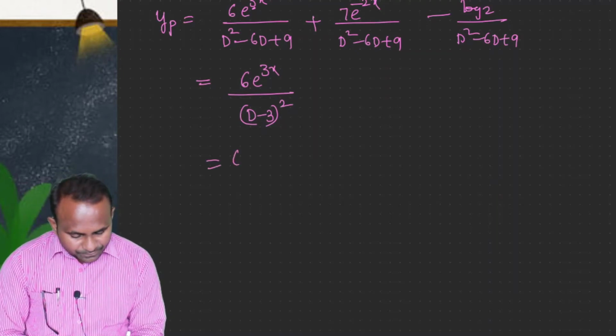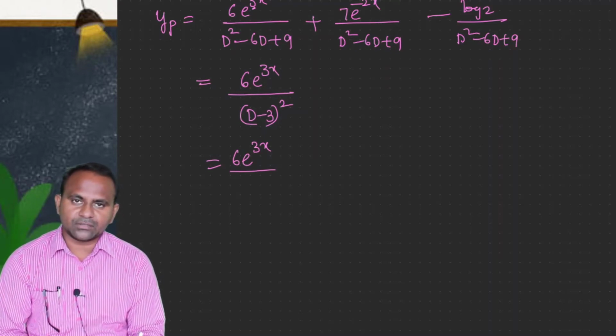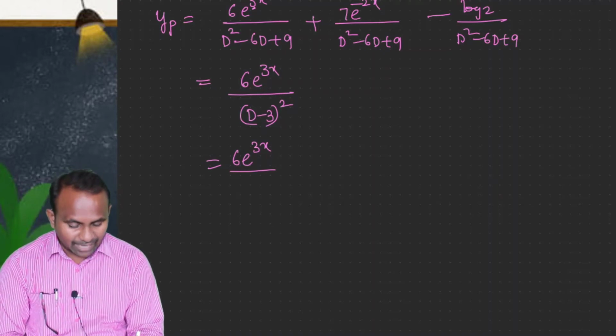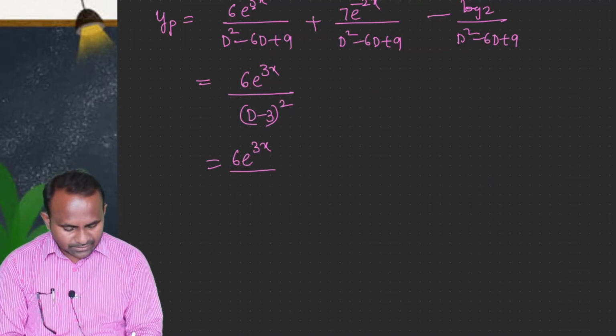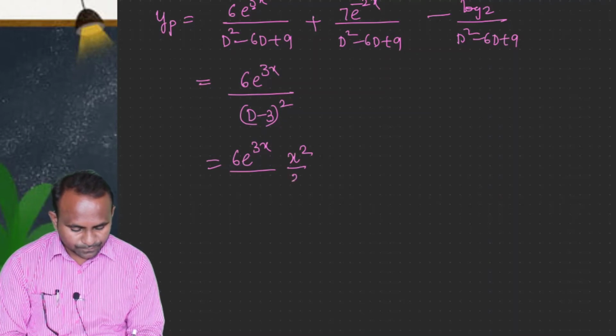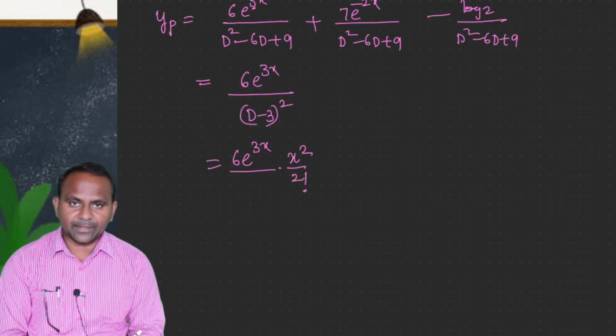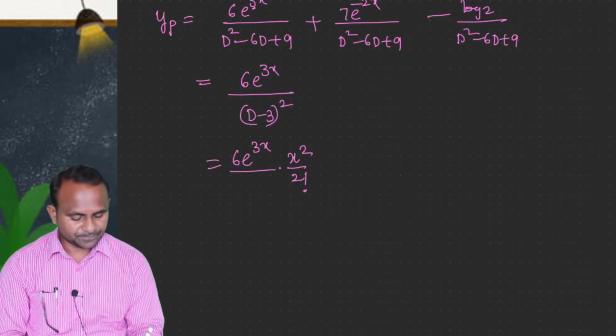And whenever the factors are written, if only one factor is involved, there is no other factor. Suppose there is another, you just put 3 in place of D in that factor. Here, if you put it, it becomes 0. Since (D minus a) is a factor 2 times, whole squared is involved, we will simply write x squared over 2. The procedure has been explained clearly. There is nothing to substitute in the denominator, that leaves this answer.